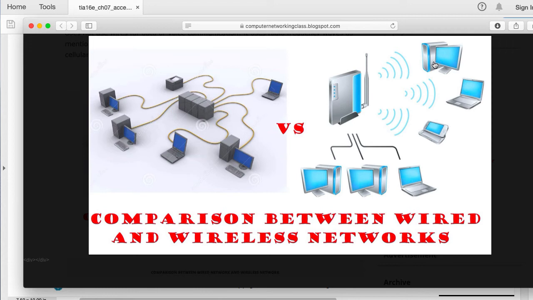Therefore, you have to do a bunch of analysis before actually deploying this type of solution. You have to analyze whether this is the best solution for you or not. There are situations where the wired network should be your pick. Let me give an example.